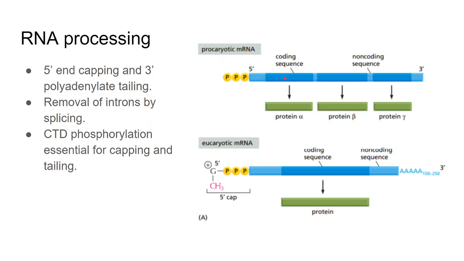Prokaryotes is a very simple process. Once you have the mRNA sequence transcribed, you immediately translate it into proteins. But eukaryotic mRNA requires some processing. First of all, in eukaryotes, transcription occurs in the nucleus because your chromosomes are in the nucleus. Once you are done with transcription, you have the mRNA product. You modify that, you do 5' capping and 3' tailing, and then splicing as well. Once you do these three things, you can send it to the cytoplasm.